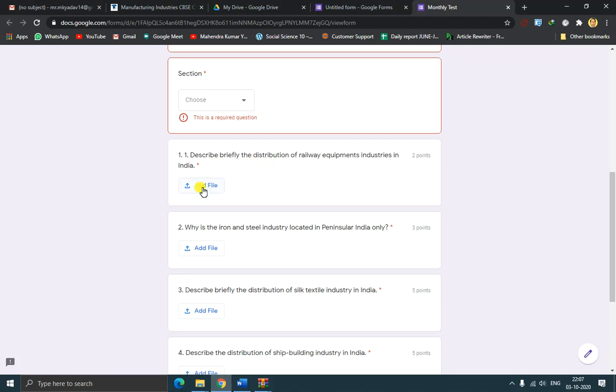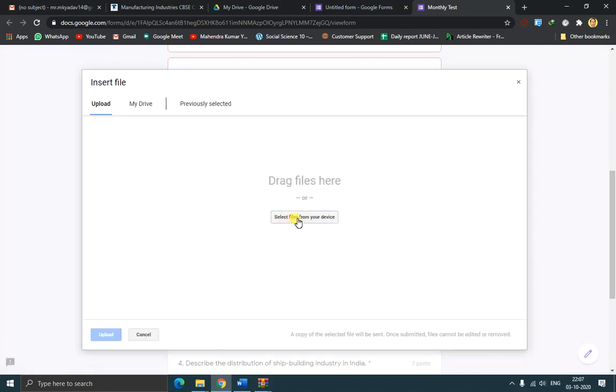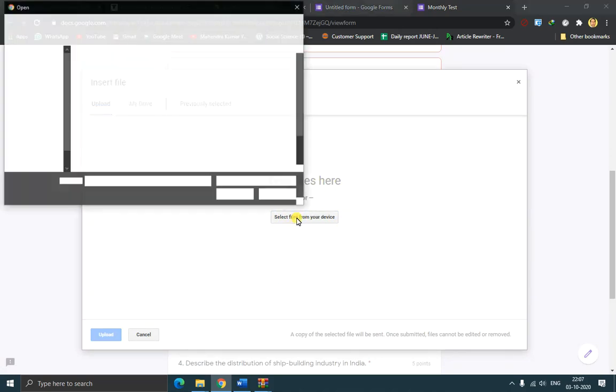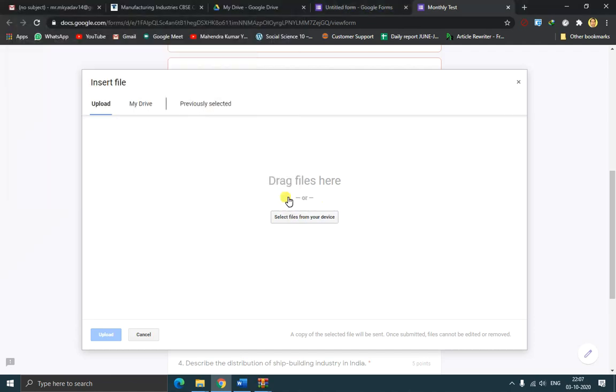So this way, if the student is on mobile, as soon as the student selects add file, select from your device. If it is a mobile, it directs to the camera, and if it is a desktop, see how it asks for a file from the desktop, meaning from the system.